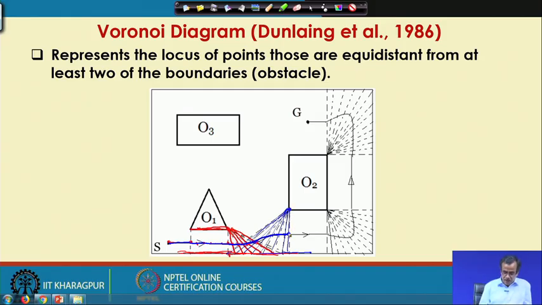So, we have reached up to this, that means the point robot has reached up to this. Now, we consider this particular boundary and the boundary of the field and the locus of the midpoint starting from here. This will be the locus up to this. Now, after that we consider this particular vertex of O2 and this is the boundary.